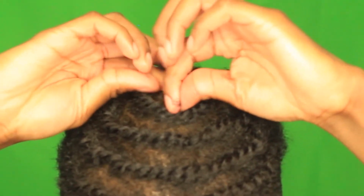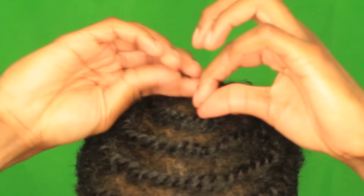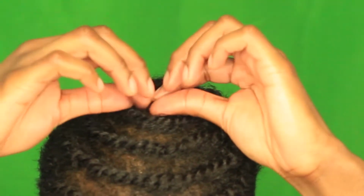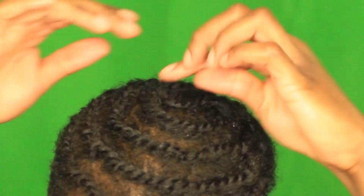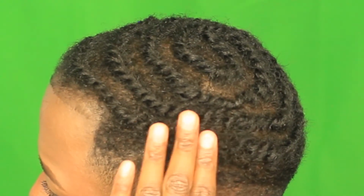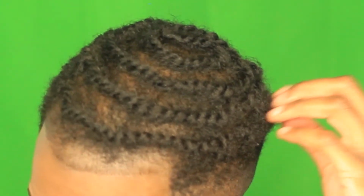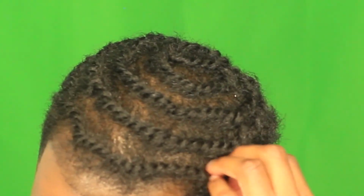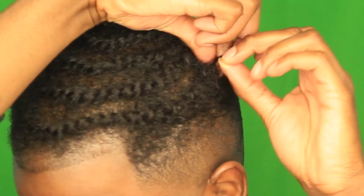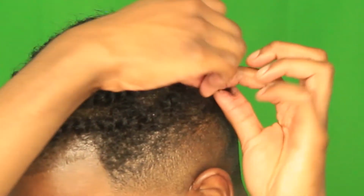Then at the end, I will literally just tuck that like so. With these little pieces, sometimes I don't really like that it's not twisted at all right there. So instead of doing the whole thing over, I'll just pull this little bit of hair out and go right back over it